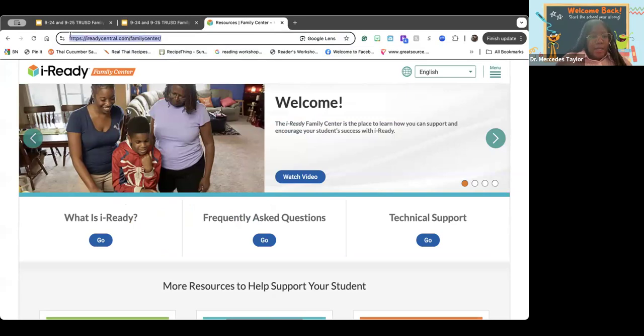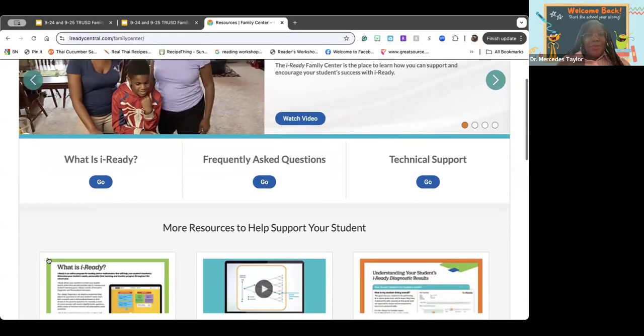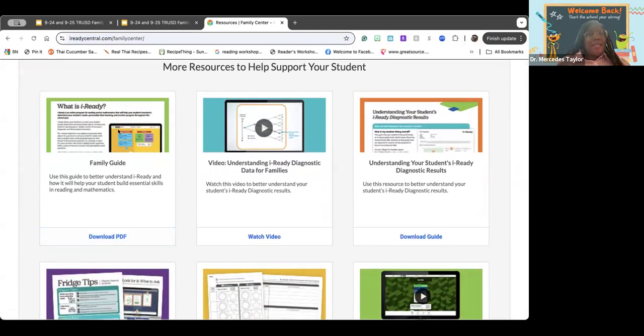Once you're on the Family Center, you will see a couple of things that you can use to help your student. You have a video that shows how you can support and encourage your students' success with iReady. You have a section that tells you what iReady is, frequently asked questions, and technical support. As you scroll down, you'll see that there is a family guide, a video to understand the iReady diagnostic data, a resource for understanding your students' iReady diagnostic results,